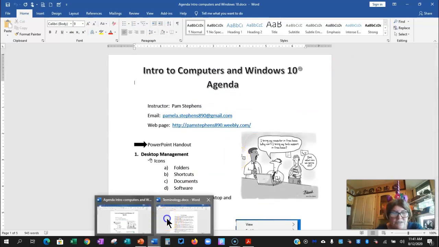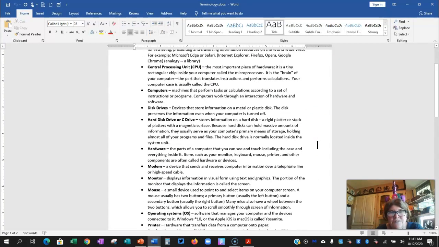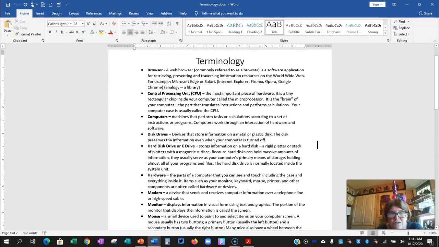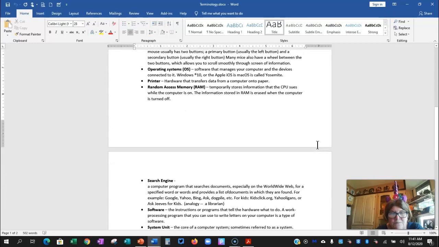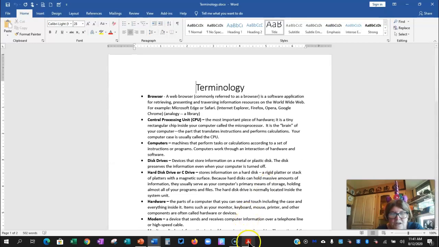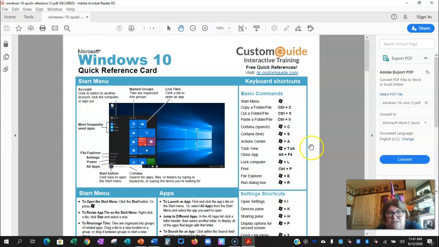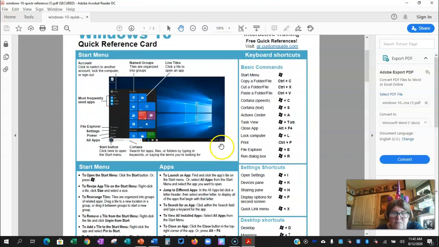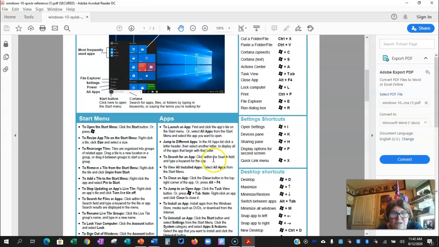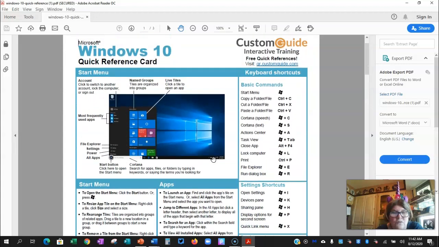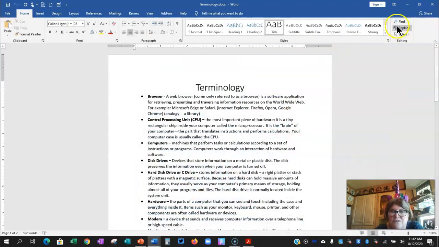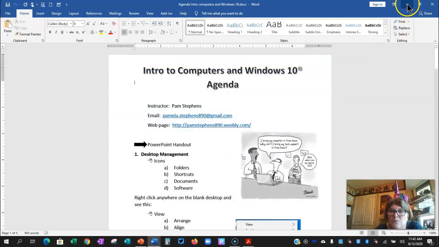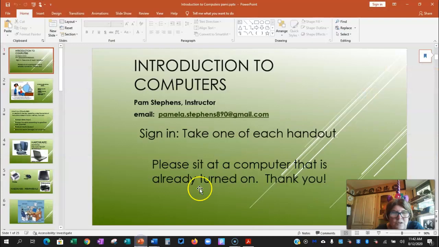You also received a list of some of the more common terminology that we're going to be using in the class. The other thing you received is something that I found on the internet. This is from customguide.com. It has some really good reference materials. I didn't make this and I'm not going to refer to it, but it's a good document for you to look at and refer to when it's talking about Windows 10. So those are some of the things that we're going to talk about, but we're going to start with the